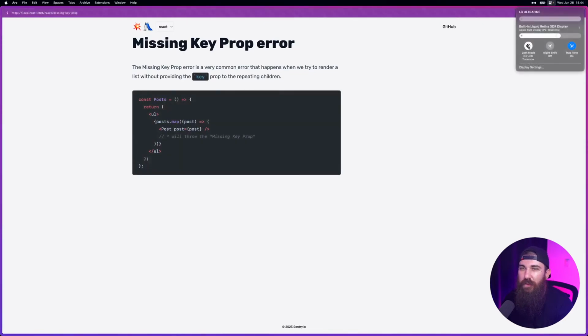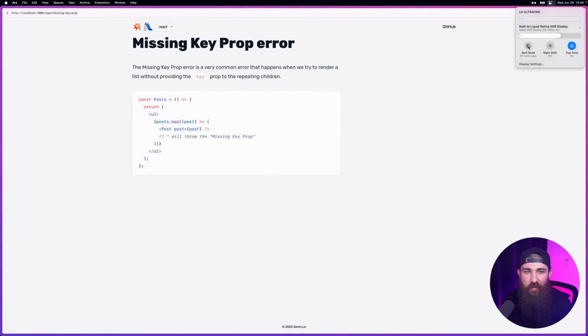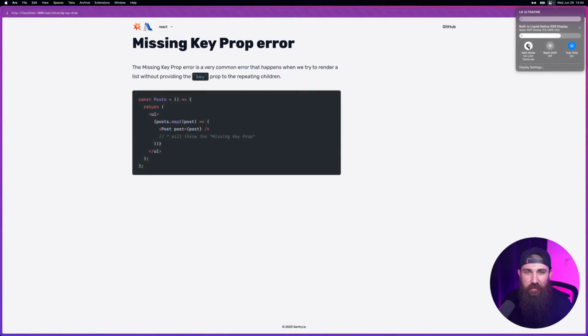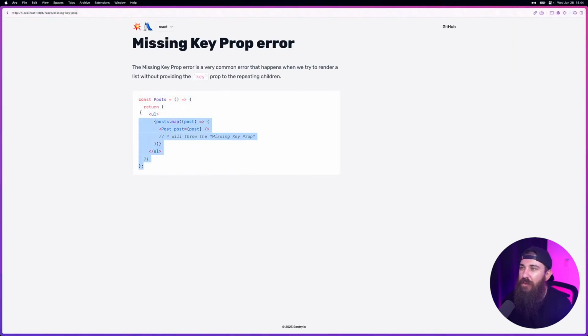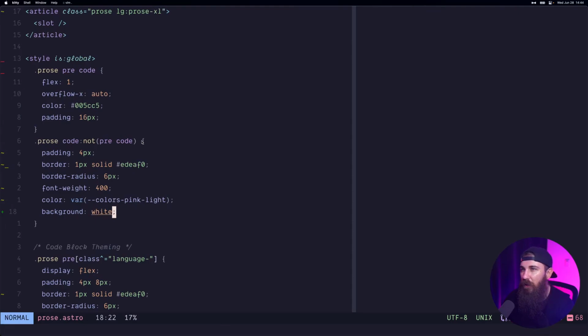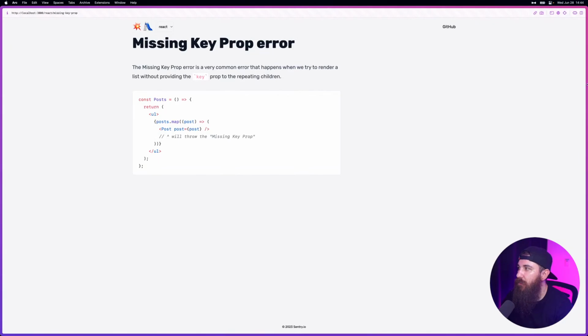Yeah, on dark mode only the code block respects dark mode. That is not cool, but it's not destructive either, so maybe we're not gonna care about that. So in here we have an article with the class of prose, and on large we have the prose XL, which means